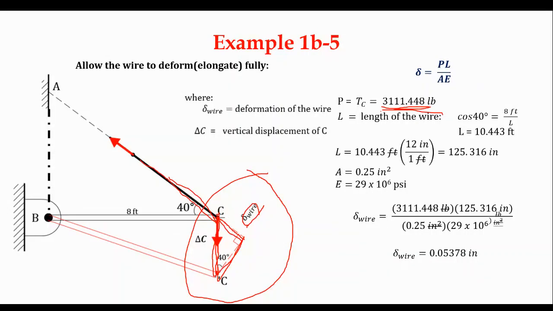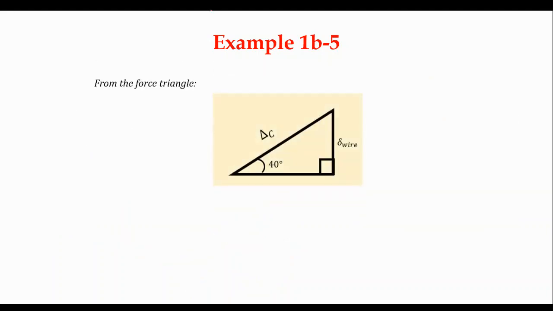But the deformation of the wire is not yet the question. The question is the displacement of C. So, how do we even relate the displacement of C to the deformation of the wire? By this triangle. You see the triangle. I should have drawn it correctly. It's not a force triangle, it's a deformation triangle. That was just a typo. Okay, so from the deformation triangle, this is what we see. They form a right triangle. So, we can relate the displacement of C in terms of this. So, therefore, the relationship is